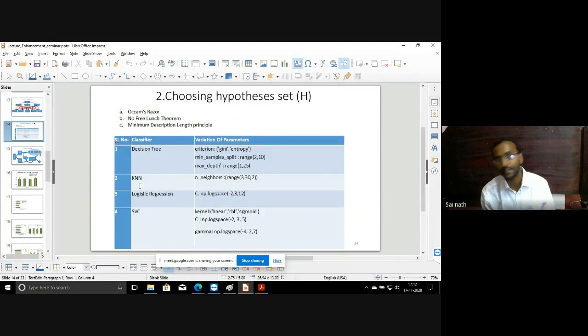For my data, for my features, I will check how much accuracy I am getting. And depending on the accuracy I am getting, the highest accuracy, that model I will choose with those parameters. So in this way, you will choose multiple classifiers. And after that,